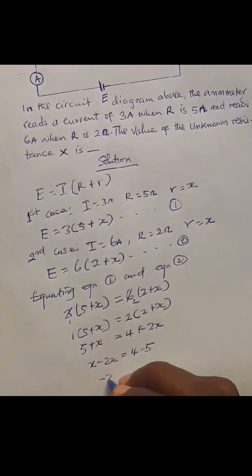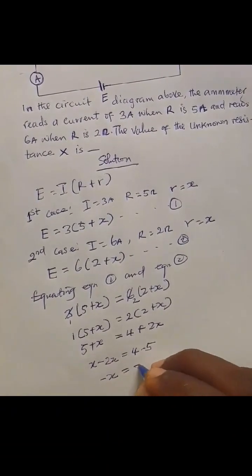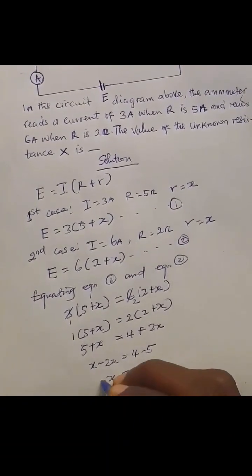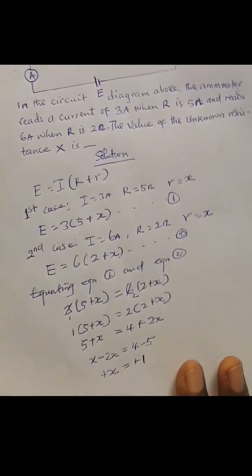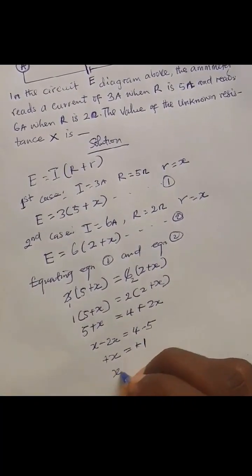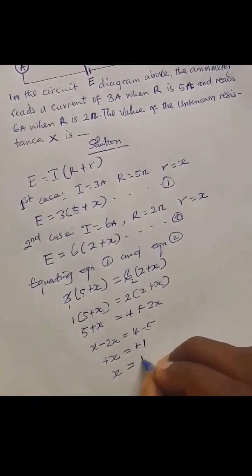So we have minus X equal to minus 1. All right, so negative will cancel out negative. So finally, our X is equal to 1 ohm. This is the value